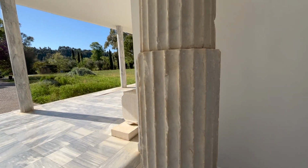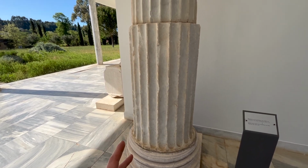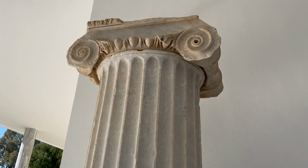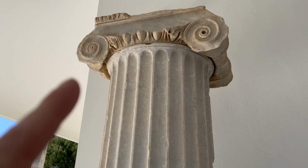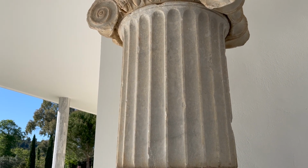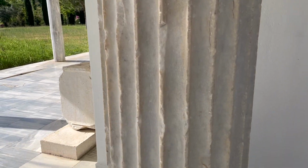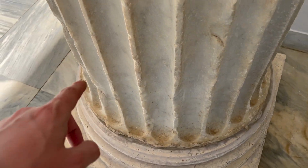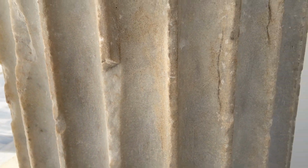This one's from 3 BC, so 3 years before baby Jesus was born, this column was made. And it's made in the Ionic style, which is this up here. So that is Ionic. A simple way to remember it is the more complex the top, the longer the names. So there's Ionic and Corinthian and something else. So I'm not the best tour guide, but there you go. Fantastic. Look at the detail on this bad boy. 3 years before the baby Jesus was born. Wow. Obviously people have nipped a bit off it, but that is...